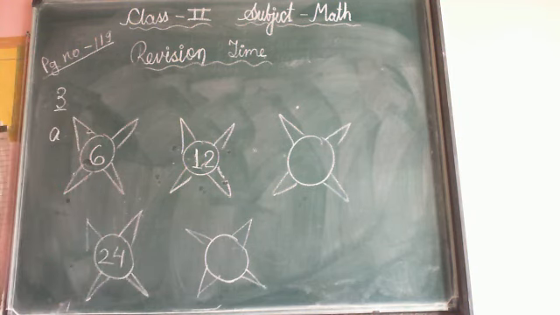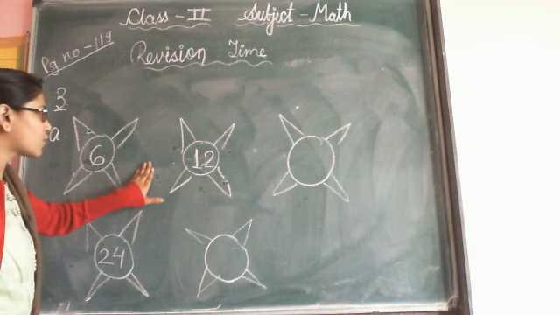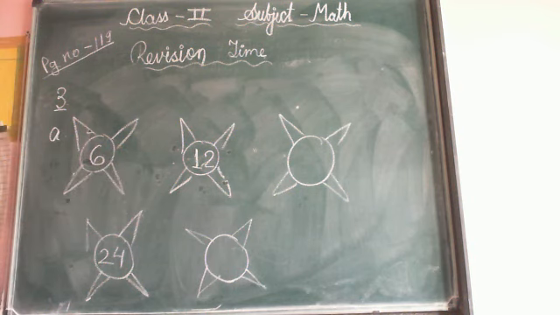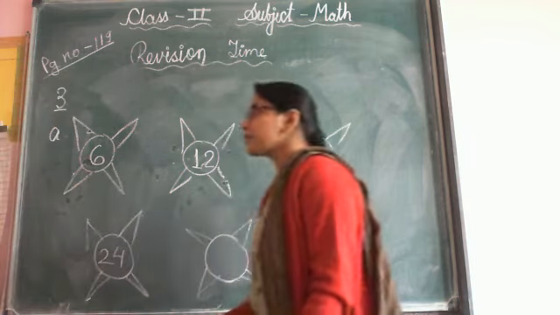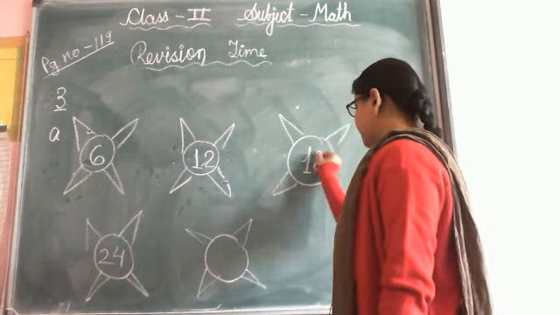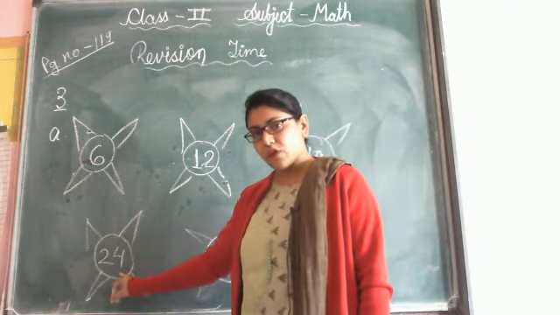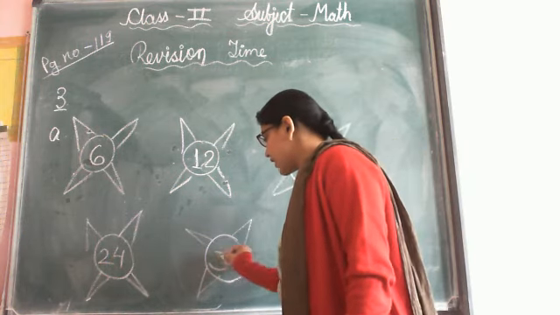So students, observe the pattern or understand. Let's recite the table of 6. 6 ones are 6, 6 twos are 12, 6 threes are 18, 6 fours are 24, 6 fives are 30. See student, don't you think it is a table of 6, or we can say that the difference between these two numbers is 6. So this must be table of 6. So 6 ones are 6, 6 twos are 12, 6 threes are 18. Then 6 fours are 24, 6 fives are 30.